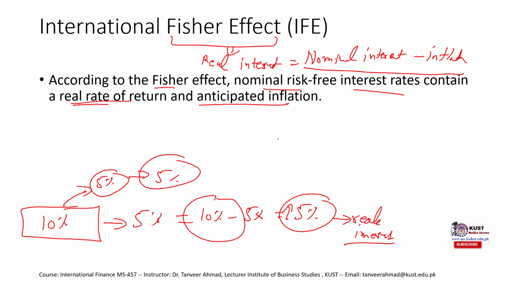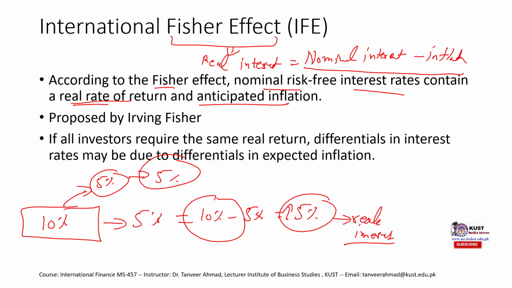Okay, so if investors require the same real return, then the differential in interest rate may be due to the differential in expected inflation. So what this means is that